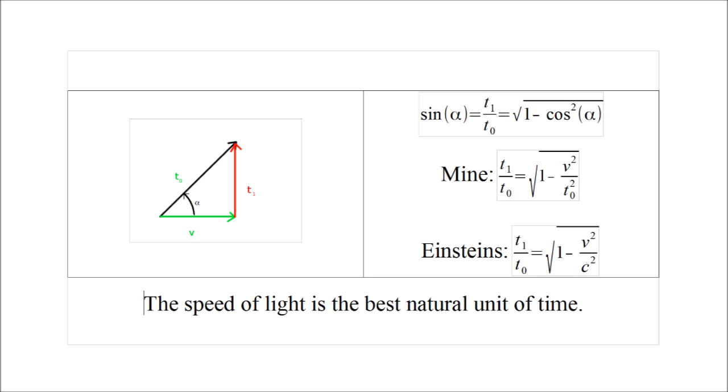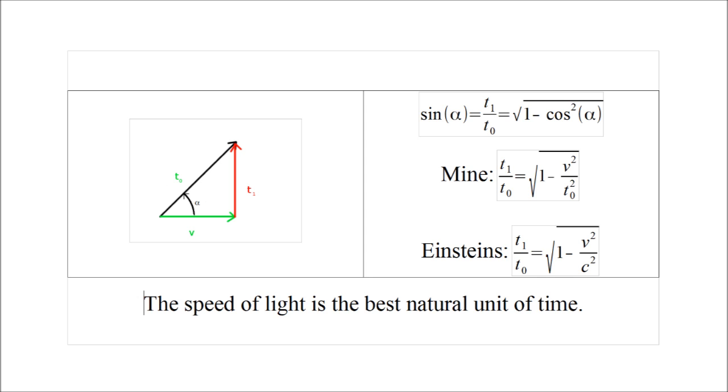T sub 0 is the vector of your ball as viewed by me. T sub 1 is the vector representing my ball as viewed by me. And t sub 0 is the resultant vector of your ship's velocity v and t sub 1. And that sum must be equal and opposite to the sum of all vectors in the universe. The math works just like regular vector math with velocities, but because of the equivalence of time and speed, we're